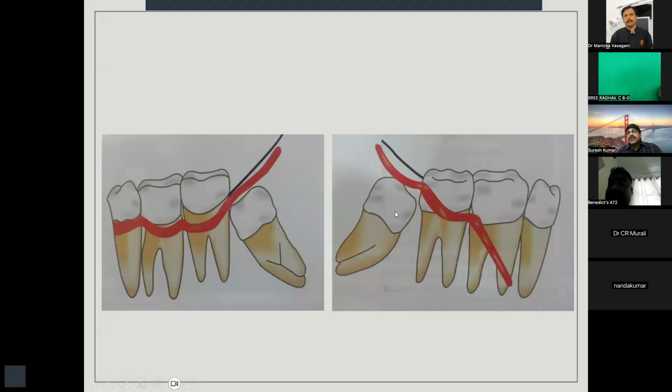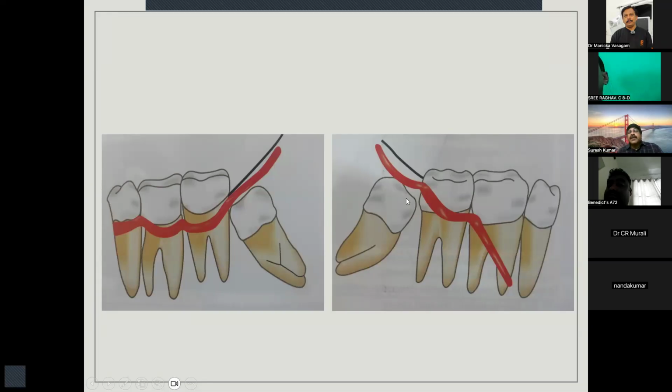If your case is a simple case, a very simple mesioangular case, which you expect to be very easy, you should prefer to use a Ward's incision like this. Make an incision like this, end it here itself. And this releasing incision, remember, should cross the mucogingival junction. If you don't cross the mucogingival junction, the pliability of the flap is not going to be there. So you have to go to the moving or mobile mucosa and cross the mucogingival junction.